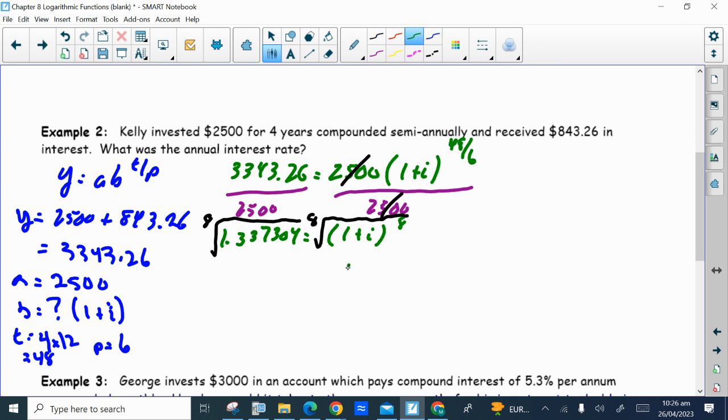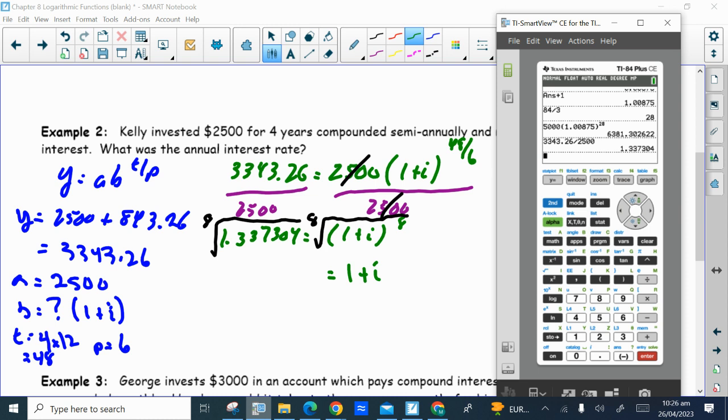So on the right side, you'll just be left with your 1 plus I, and on the left side, we'll use our calculator to take that 8th root. So on these calculators, you go 8 first, and then you go math, and number 5 in this list is our x root. We've already put the 8 in there for the 8th root. When I choose number 5, it changes that 8 to the 8th root of the previous answer. That's 1 plus I. It equals